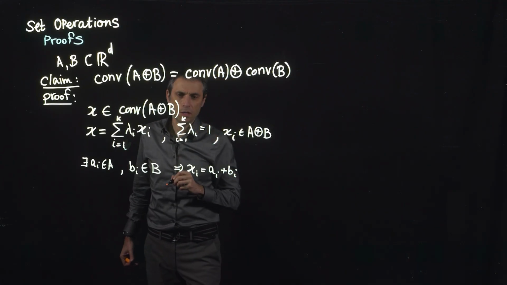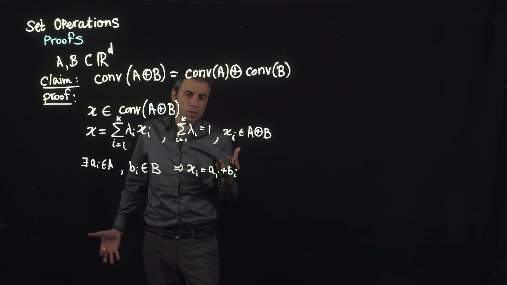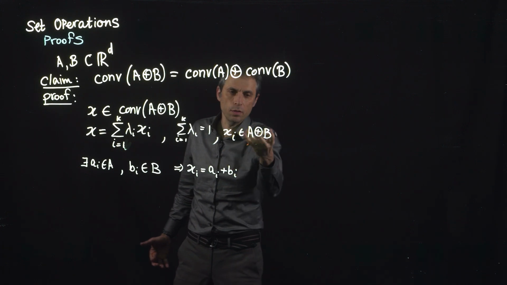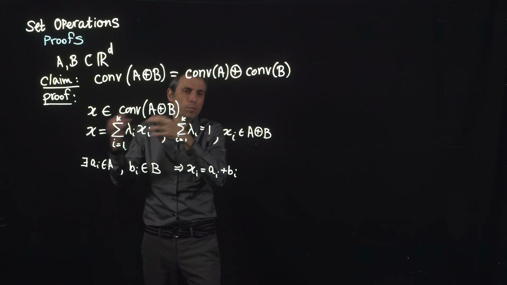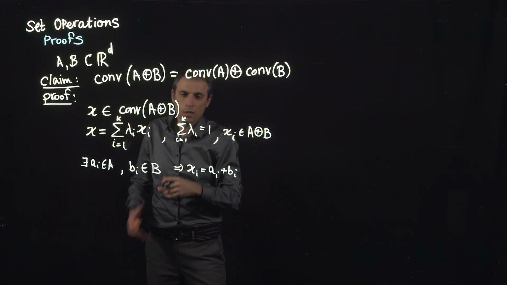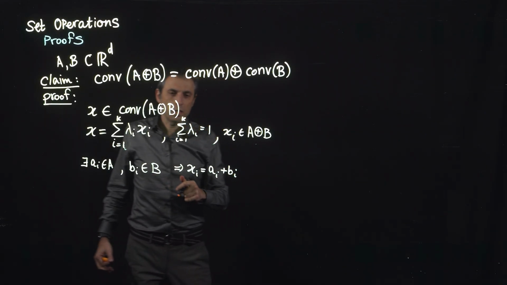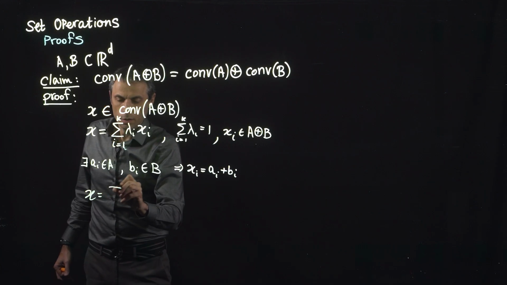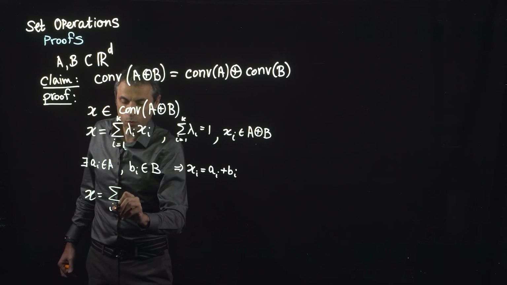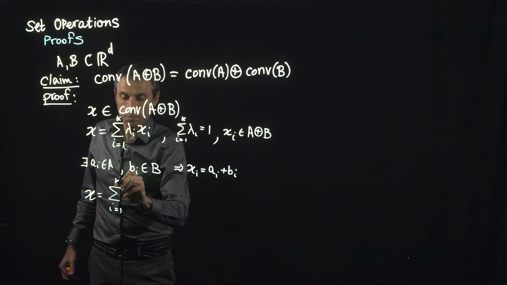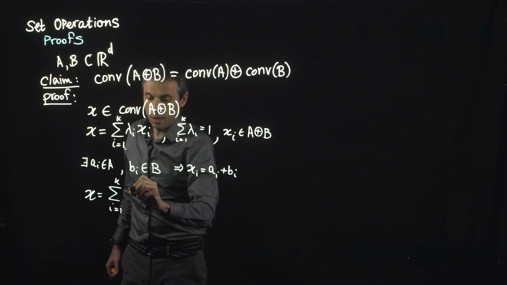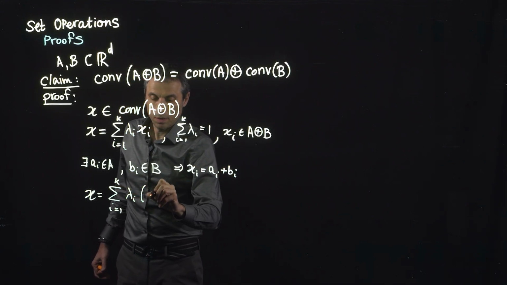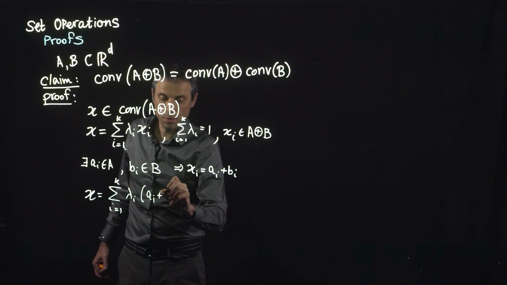Why? Because this is the definition of the Minkowski sum. Every point in the sum comes from one point in A and one point in B, so every x_i is like that. So let's rewrite x as the sum, i from 1 to k, of lambda_i (a_i plus b_i),